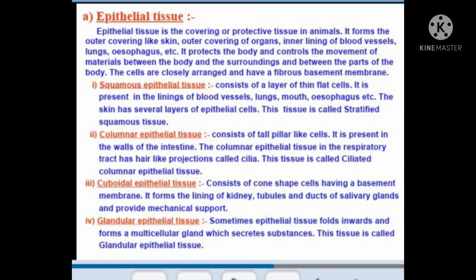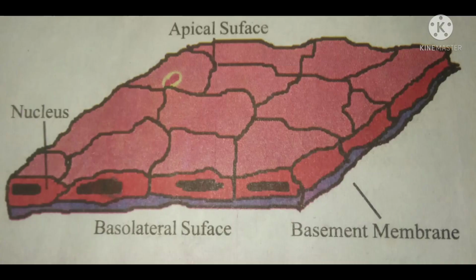Epithelial tissue. Epi means outer, thelium means tissue. Epithelial tissues are present in the skin, lining of mouth, lining of blood vessels, lung alveoli and kidney tubules. The epithelial tissue, extremely thin and flat, forms a delicate lining. This is called squamous epithelium. We find this type of epithelium in the esophagus, lining of mouth, lining of blood vessels, and lung alveoli.